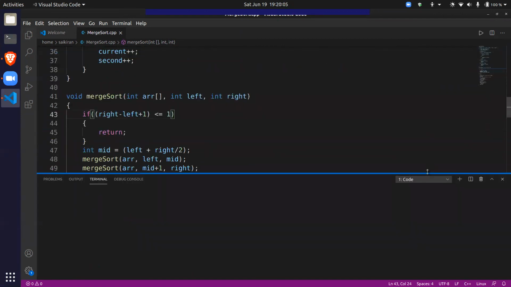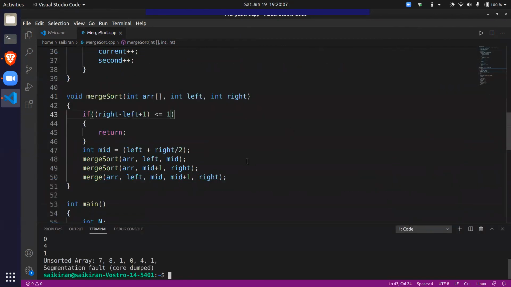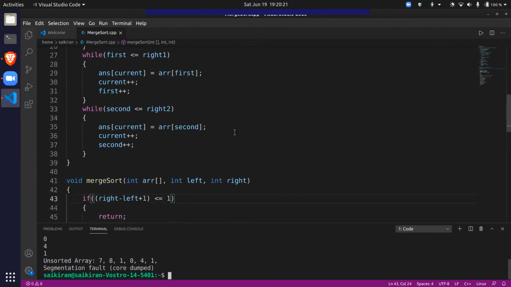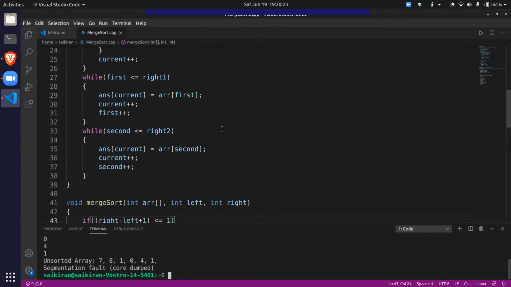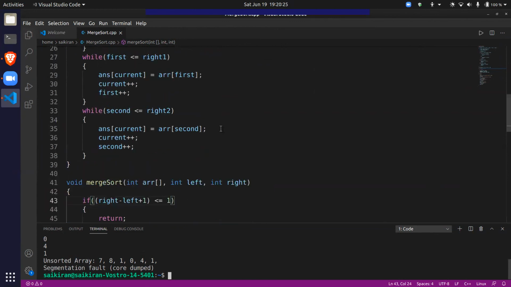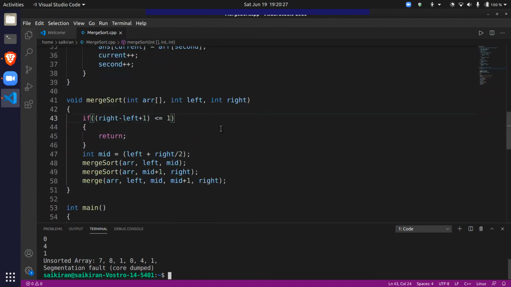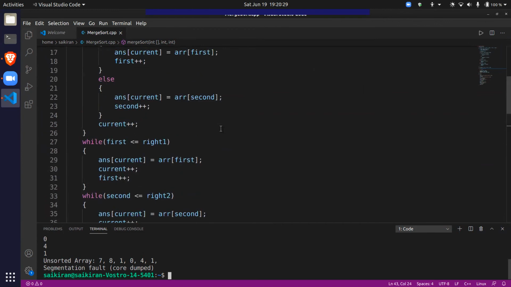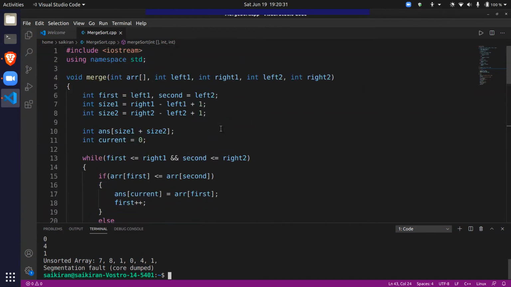Why is this happening? Just a second, guys. I'm looking at it. I am trying to figure out where the error is.